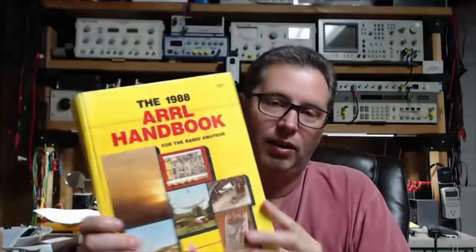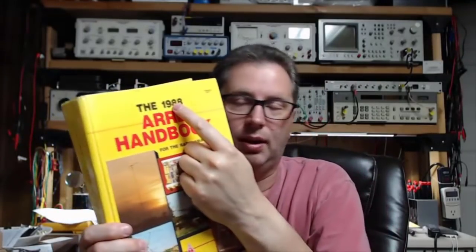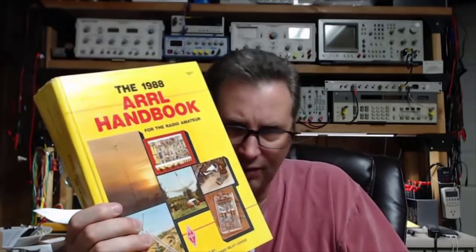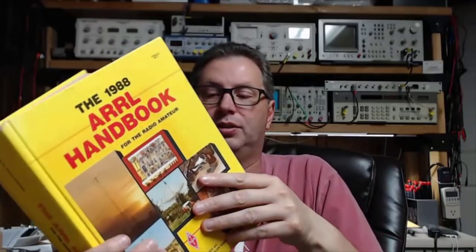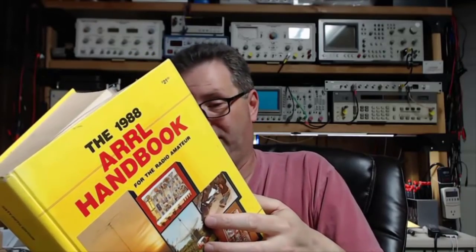Now, this right here, the ARRL Handbook, as I would call it. Doesn't matter whether you get one from 1988 or 1978 or 2014. I've got these for almost every year. I pick them up every year. They used to be about 15 bucks. Now they've got really expensive, like 40, 50 bucks. But